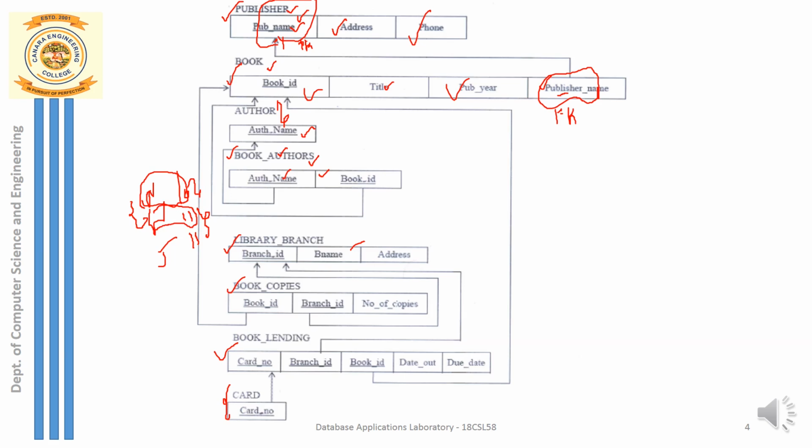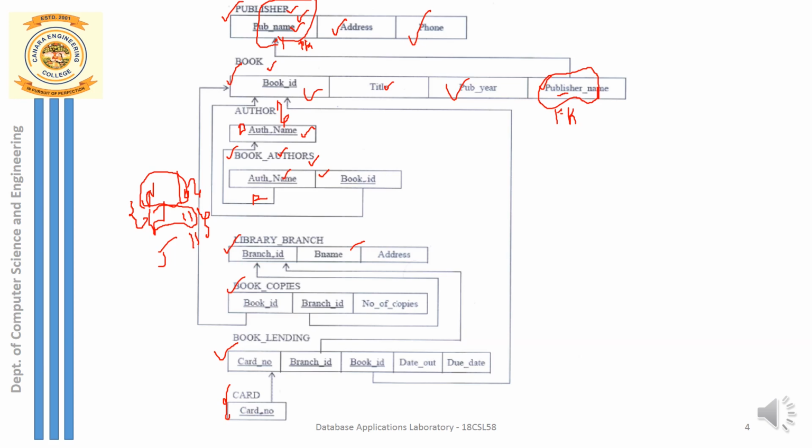And we can note one more thing here: author name is a foreign key in the book authors table. Why is it a foreign key? Because it is referencing the author name from the author table, or the main table. So here the referencing attribute, author name, you call the foreign key, whereas the referenced attribute, author name in the author table, you call the primary key. So here an arrow is drawn from the book authors table to author name in the author table. The arrow must always point to the primary key, which is part of the main table or base table author.